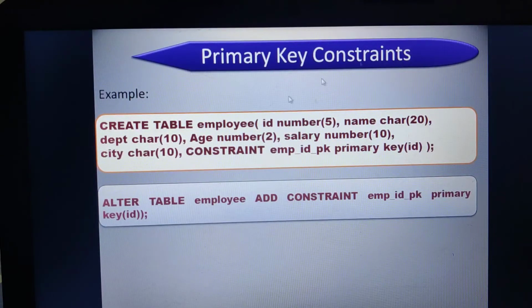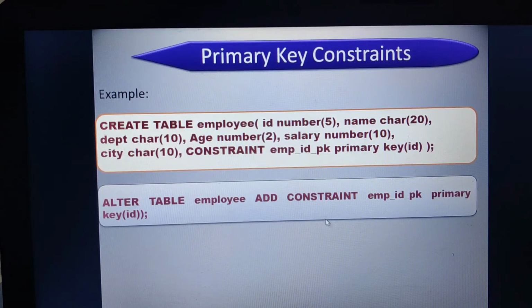That's it. Then suppose at the time of creating the table, if I have missed applying any constraint, and later I want to add the constraint, then through the alter command I can apply it. Here you can see alter table employee, add constraint, constraint name, primary key, and then specify the column name.